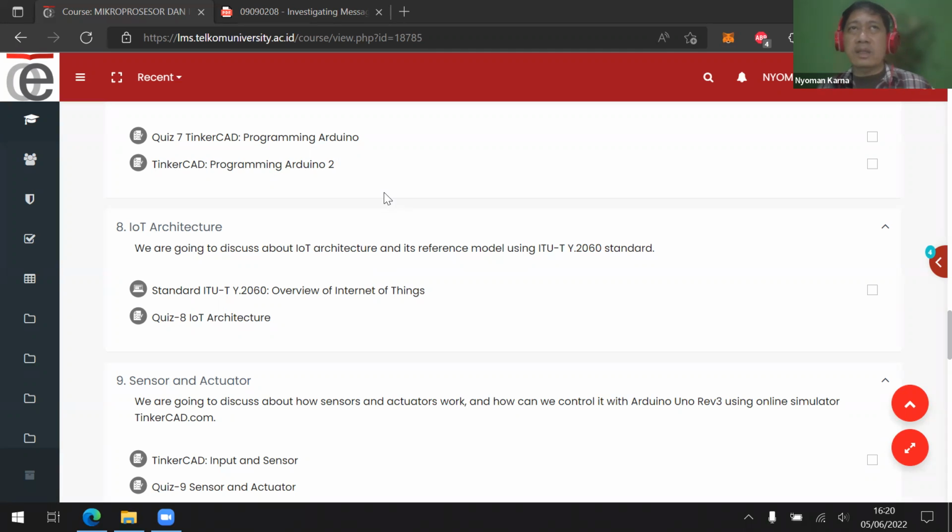So the IoT device has 4 functionalities. The first one is data acquisition, getting data from the physical thing or the sensor, and then the second one is data processing, and then data storage, and then also sending the data to the communication network.